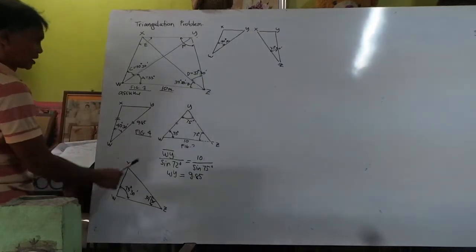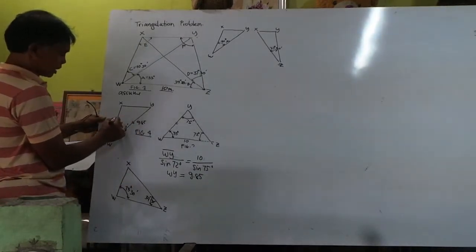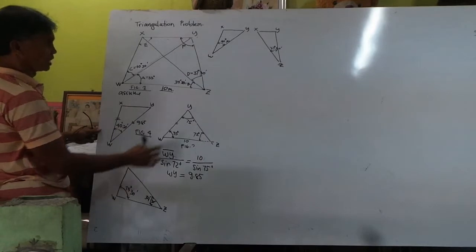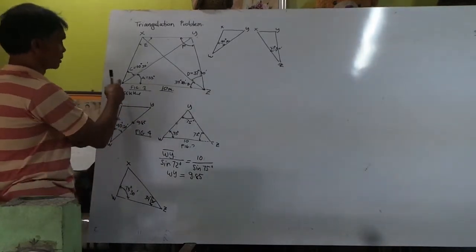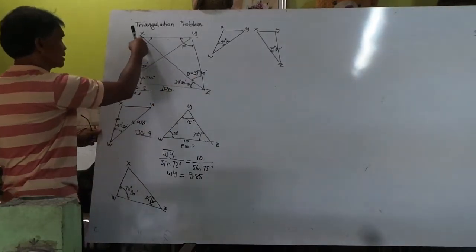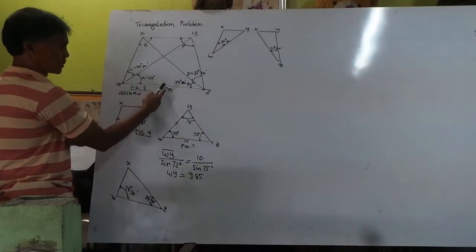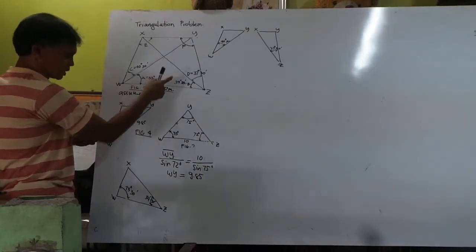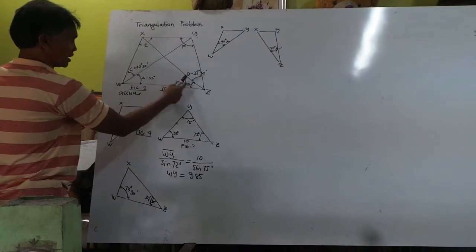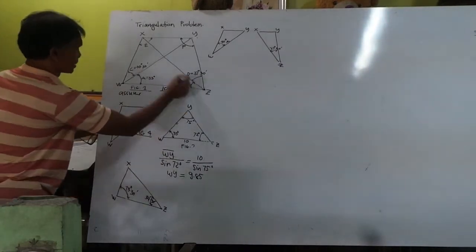Then from this figure again, we will now solve WX from the other triangle. That is no longer a triangle here. So we take the 10 meters, and then the angle, this angle here. So from this triangle,